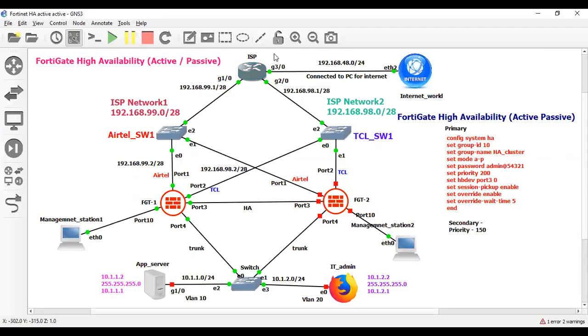As you can see, this is my Airtel IP address, and this is the IP address which will become the gateway of port 1. 192.168.99.2/28 is the IP address that will be port 1. And for the TCL link, the IP address will be 192.168.98.2. This IP address will be port 2, and that's it.